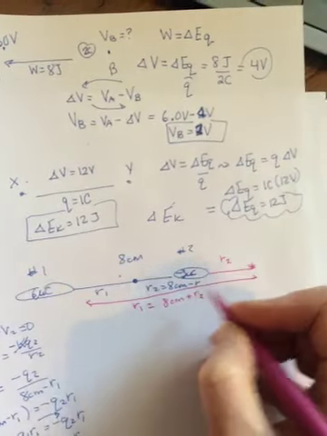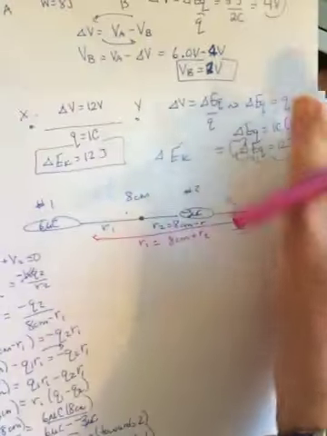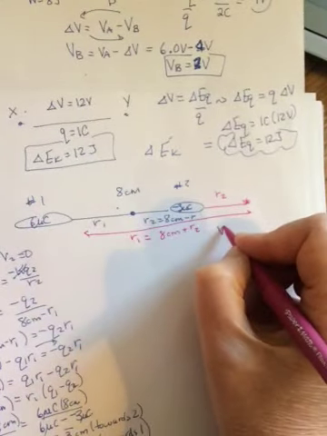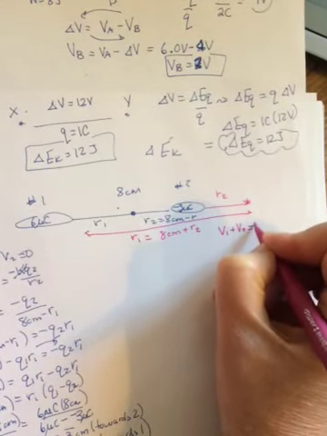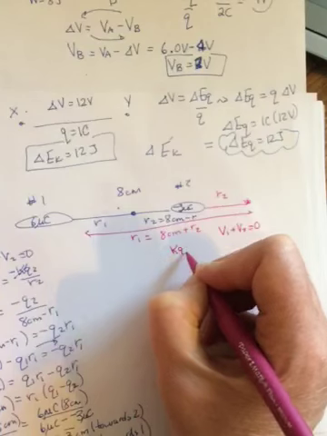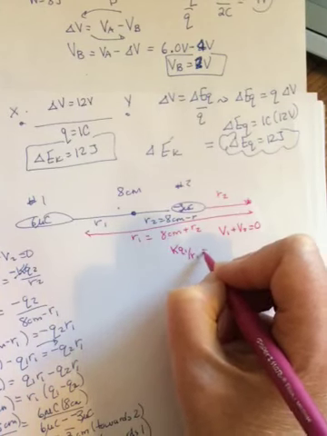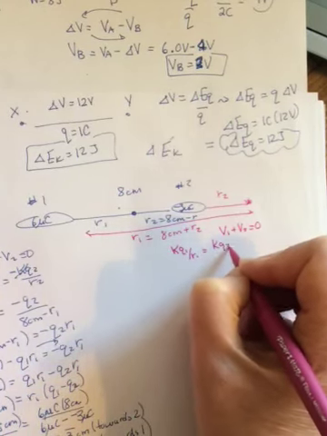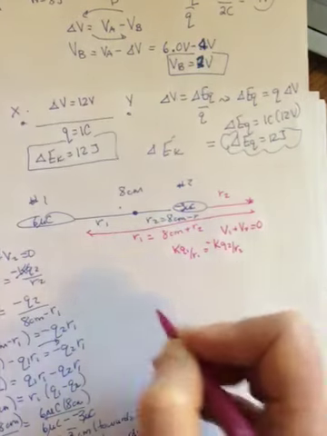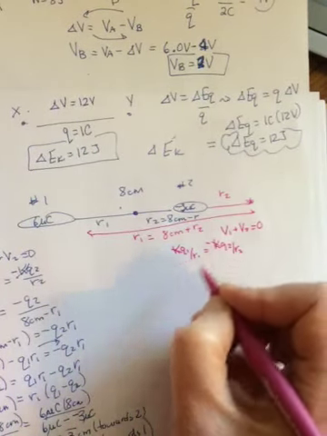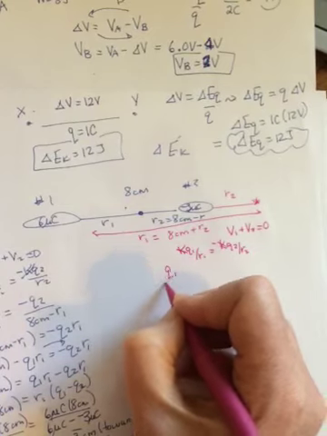That'll be R1. And so you're going to do exactly what we did with the other. So it's going to be V1 plus V2 equals 0. So KQ1 over R1 will equal KQ2 over R2. Try not to lose that negative. The K's will cancel. So we'll have Q1 over